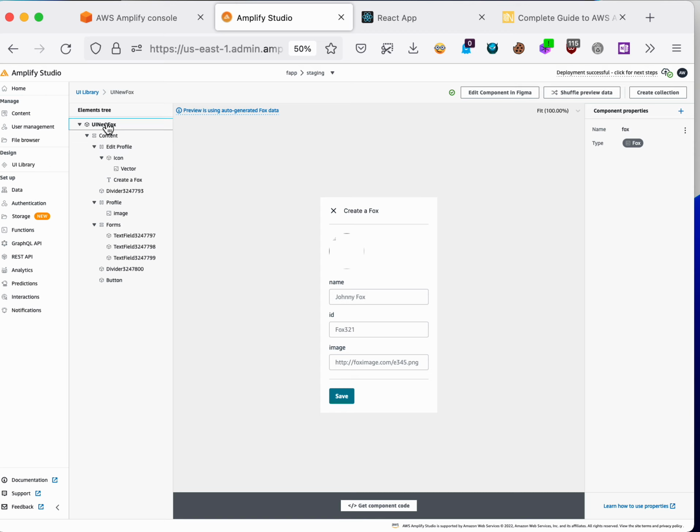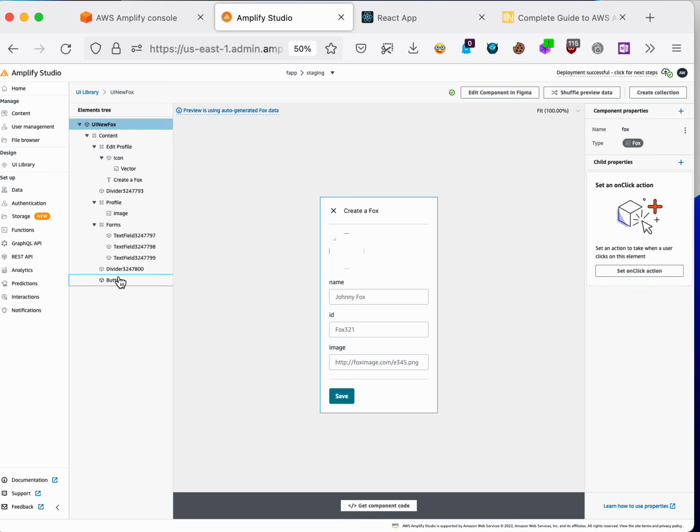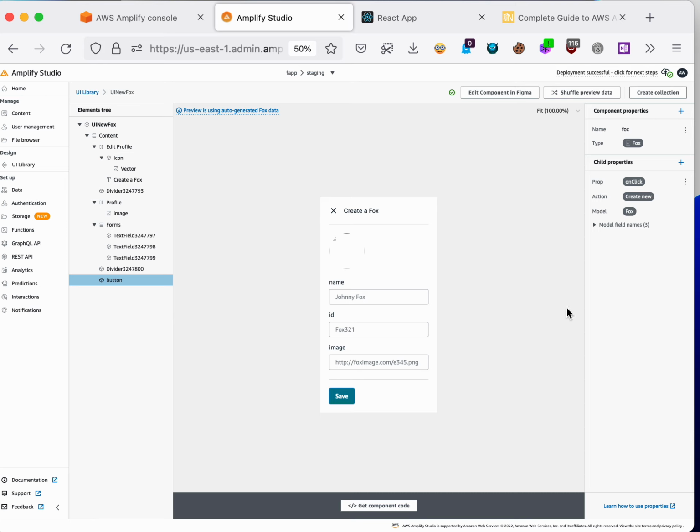So for the whole component, or no, for the button, they're going to click on the button and click say. On click, it's going to get the data when it saves. And then what I want to do is,